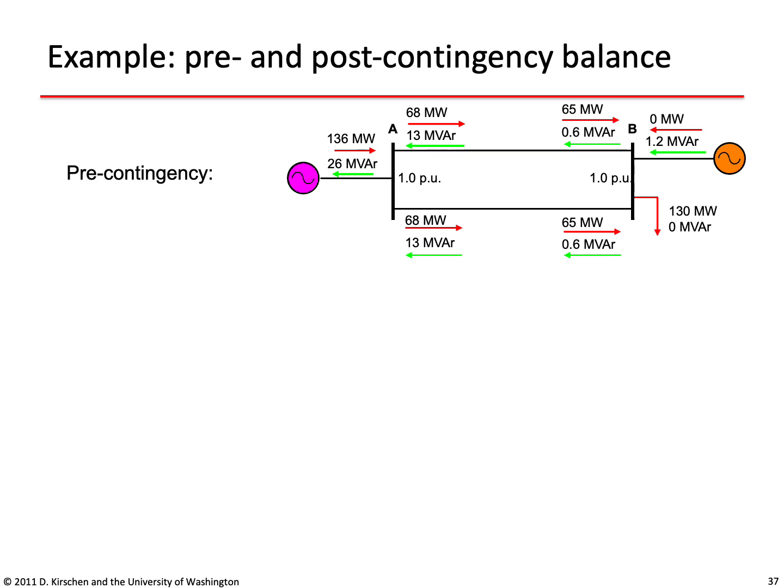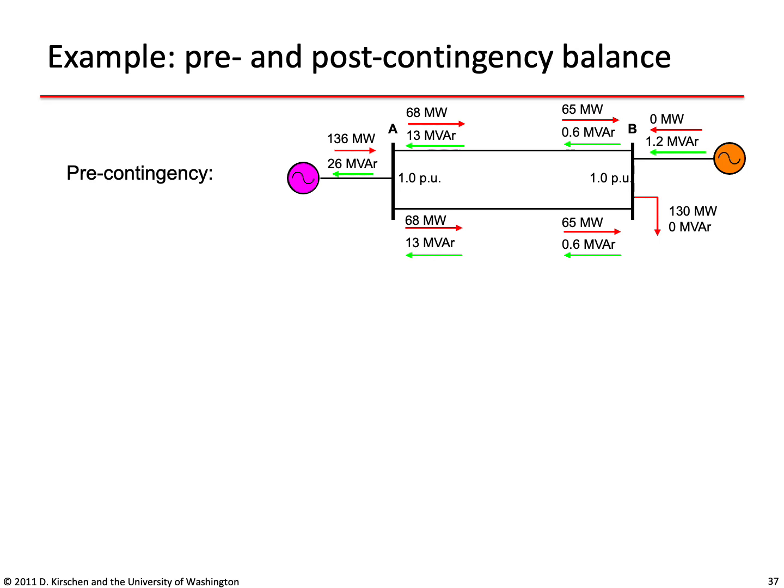It is interesting to consider this example in a bit more detail. Let's first look at the pre-contingency conditions. Both lines are in service, and the generator at A is generating 136 megawatts and absorbing 26 megavars to keep the voltage at A at 1 per unit. The load at B is consuming 100 megawatts at unity power factor, therefore there are 0 megavars of load. The generator at B is not producing any megawatts, but is producing 1.2 megavars to keep the voltage at B